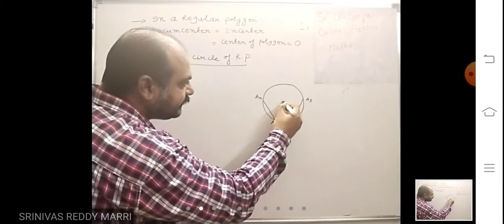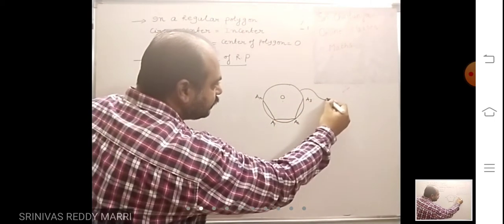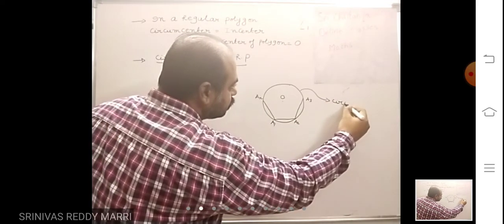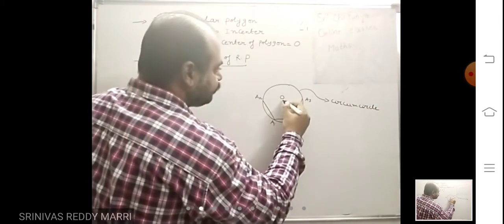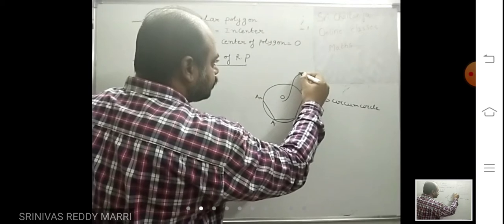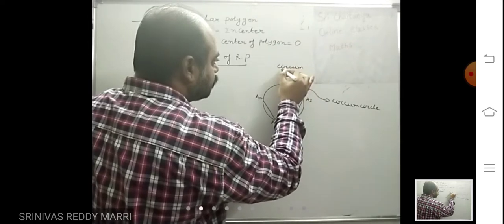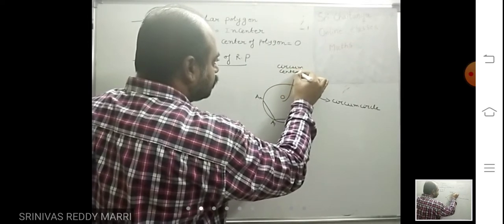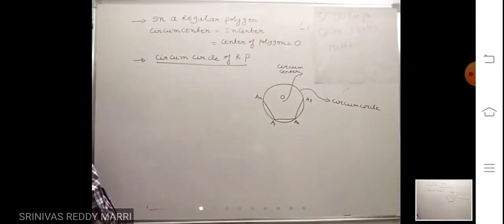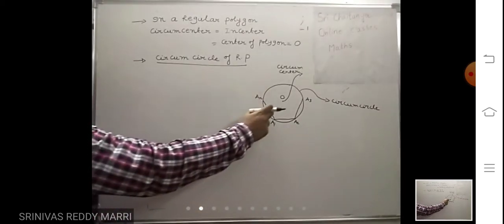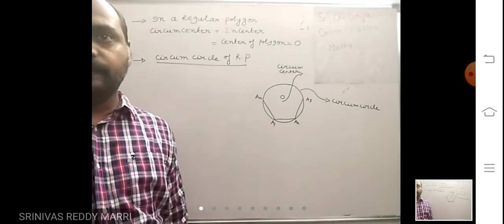Look at the center of this circle. This is called circumcircle. And the center of this circle is called circumcenter. It will be equidistant from all the vertices. Circumcenter in triangle ABC, how it will be: OA equal to OB equal to OC.